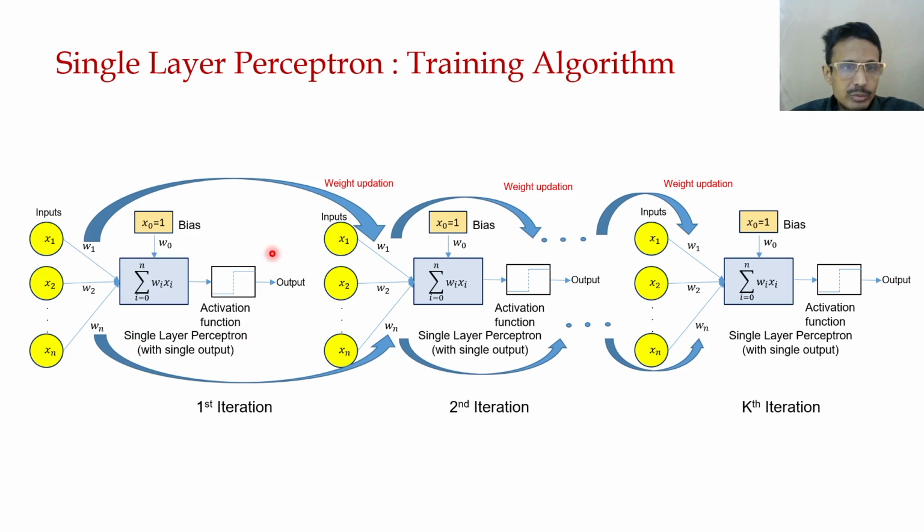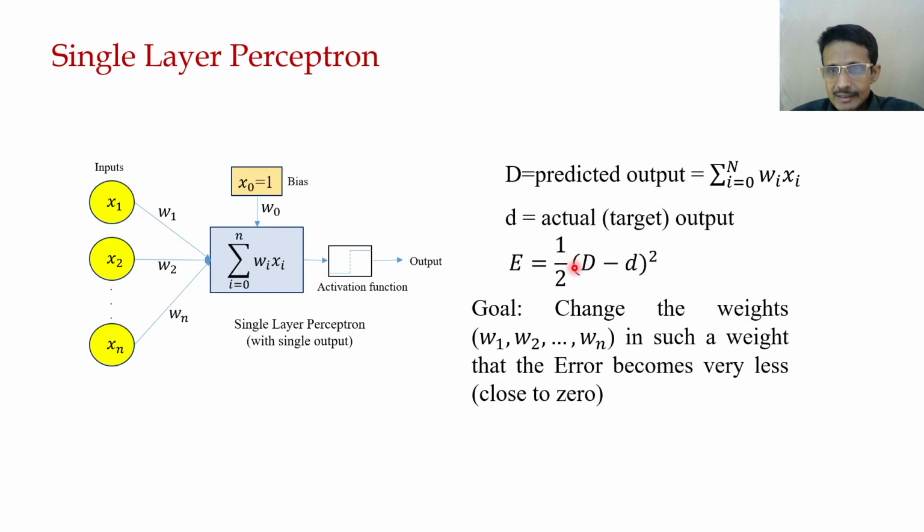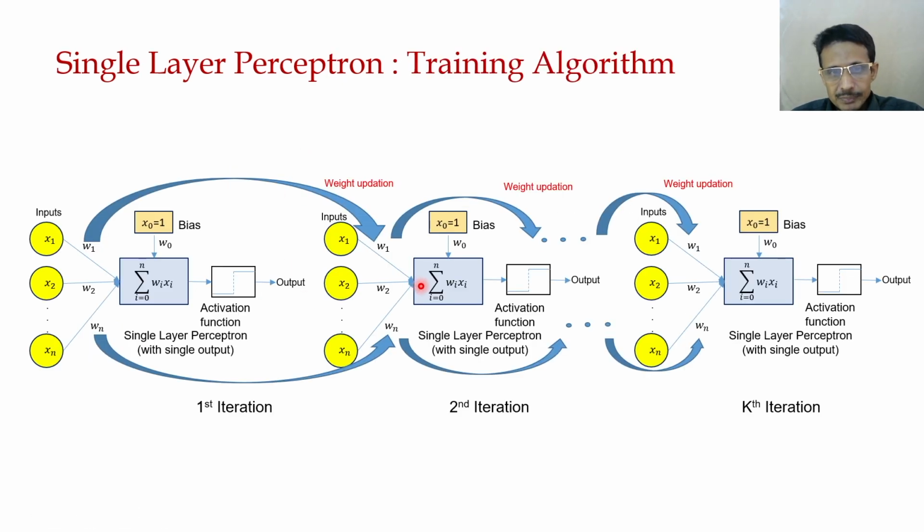How do we generally do it? We generally use something like gradient descent, where in every iteration the weights are updated in such a way that the difference between the predicted output and the actual output will be less than in the previous iteration, so that the output given some input will be much closer to the intended output.